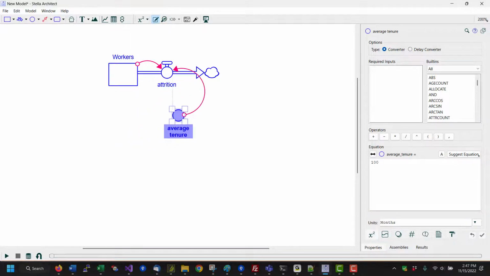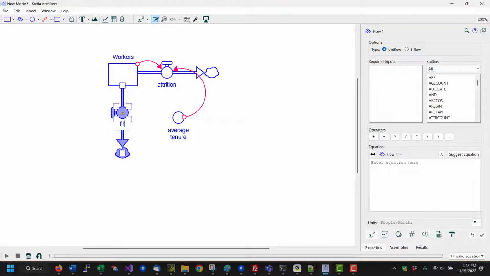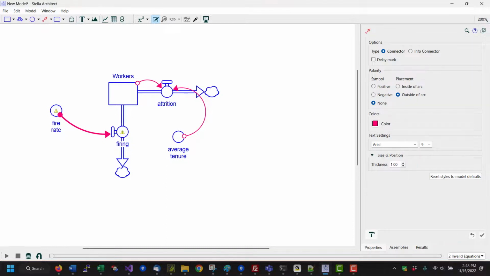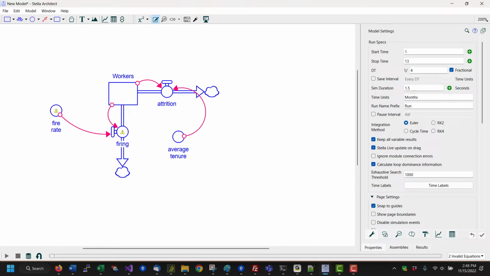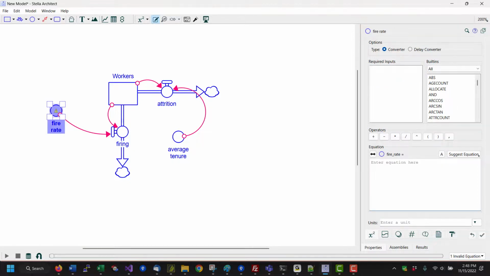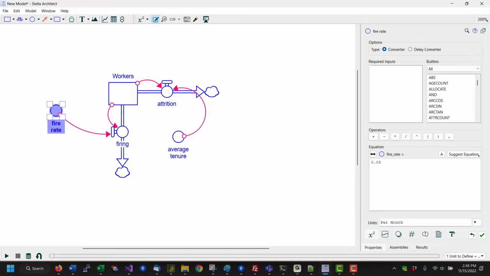If I were to go here, rearrange the diagram a little bit, add another stock, say this is firing, and add a fire rate. When I do that, of course, I need to fill in the equations. I'll do firing as workers times the fire rate and set the fire rate to 0.05. And if I ask for the suggested units of that, it will tell me per month,